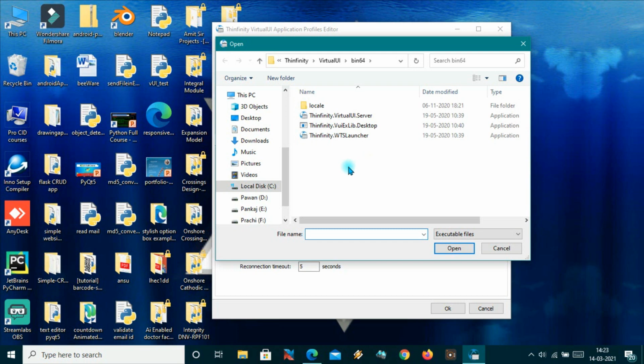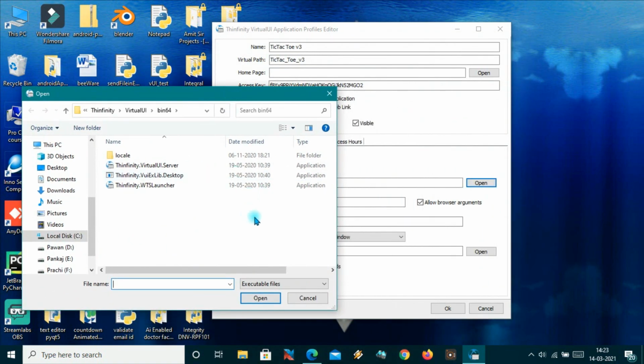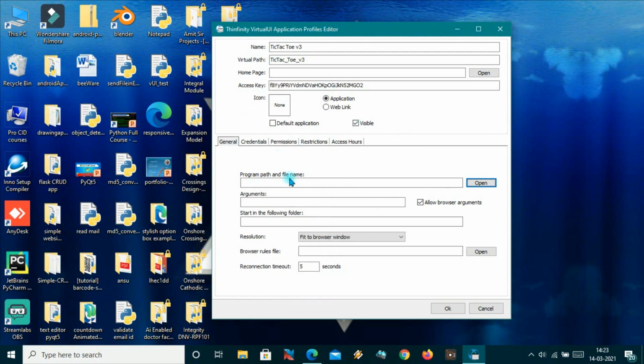When you host this on any live server, you will have to pass the link of that Python, or you can also run the direct exe of any desktop application. When you use a desktop application, just pass here that application's address where it is, and it will be running. You have to do nothing.